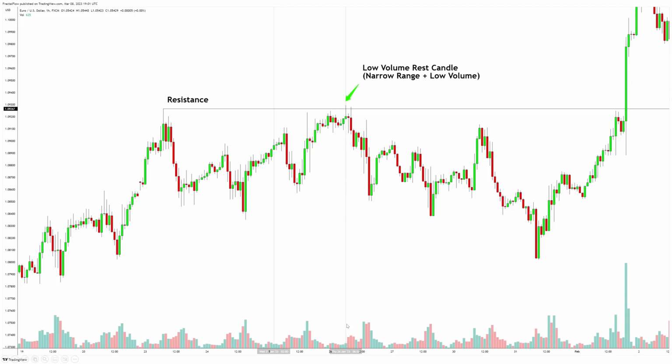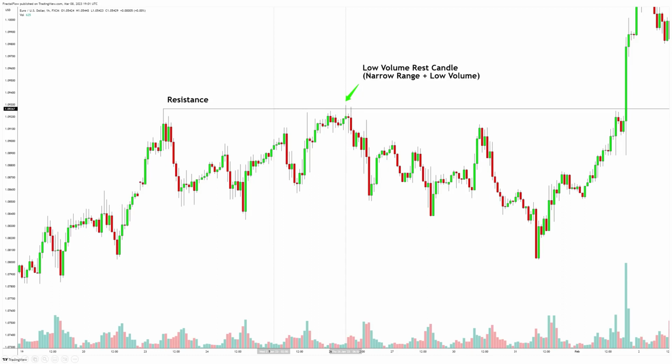We know this is a narrow range with low volume by comparing it with other candles in the chart. We have a resistance line defined by an important high in the chart. When the candlestick in question touches and reacts to it with narrow range and low volume, we have an indication that buyers are not trying to push past that resistance with enough power. In other words, we can trust this resistance line a little bit more because there is not too much interest